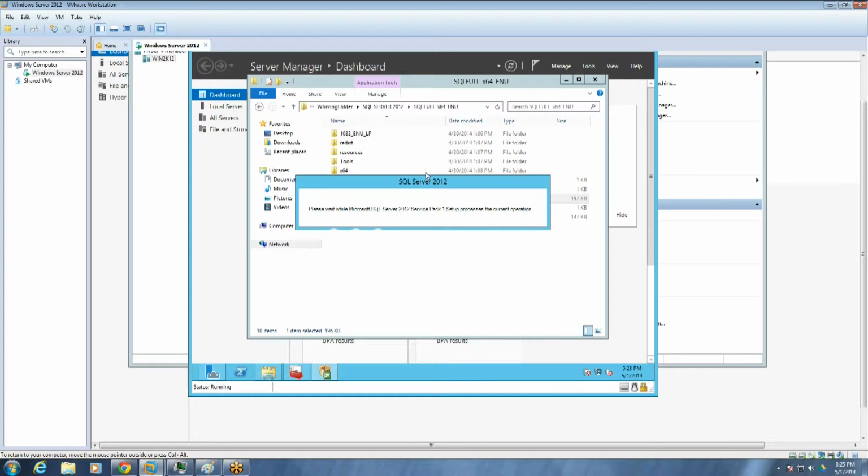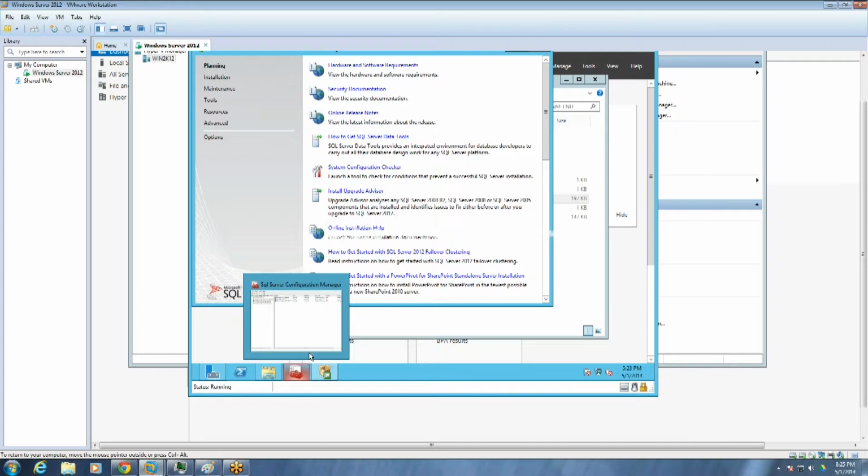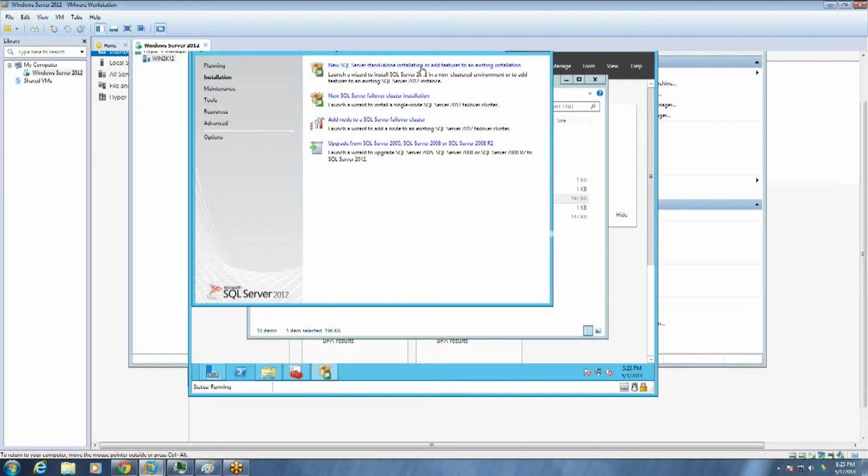Another point to note: when you are doing the installation, it's better to go to the installation tab and do the first one, new standalone installation.